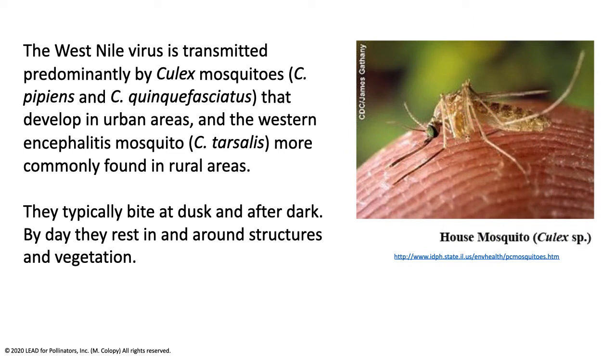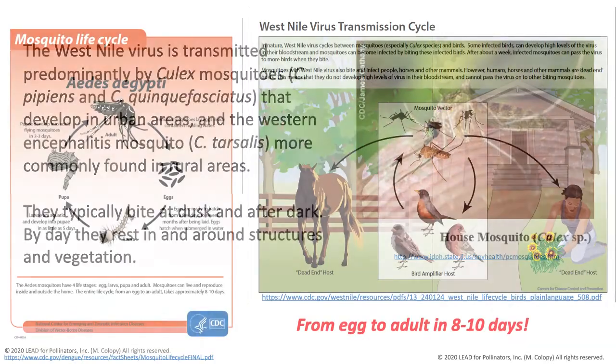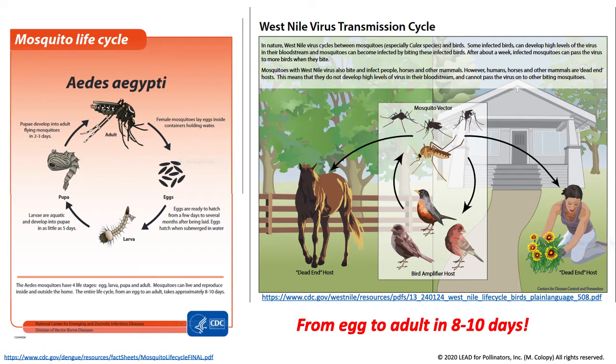Another of the 176 species of mosquitoes in North America is active at dusk and after dark. The Culex mosquitoes can transmit the West Nile virus. Culex mosquitoes also develop in standing water and go from egg to adult in 8 to 10 days. They feed on birds, infecting them or becoming infected with the virus, and then the Culex mosquito can spread West Nile virus to humans or to horses. If mosquitoes do not have standing water in which to lay their eggs, we will have fewer mosquitoes. Through man-made development, we create mosquito habitat around our homes and in our communities.